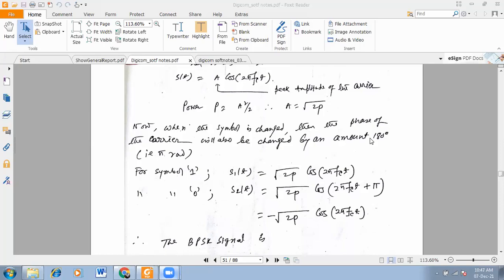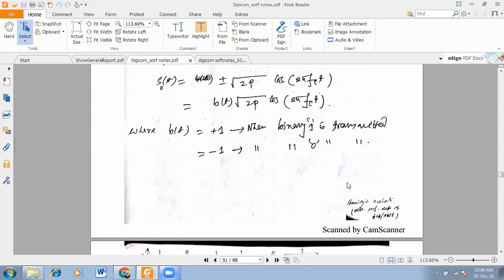In digital modulation, every time we send logic 1 and logic 0, and for that we have the modulated wave, or the transmitted signal. Here we have seen that between the transmitted signals for 1 and 0 there must be a 180 degree phase shift, because this is phase shift keying. S1(t) is for logic 1, S2(t) is for logic 0, and between these two signals there is a 180 degree phase shift.